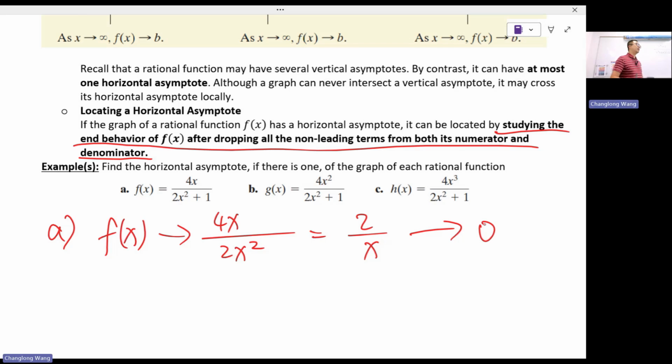Because x is infinitely large. The bigger the denominator, the smaller the fraction. If you have an infinitely large denominator, you have an infinitely small fraction value, right? But do you guys agree that if x is approaching positive infinity, then this is actually approaching 0 from the plus side, right? Anyway, so we realize that there is a HA,